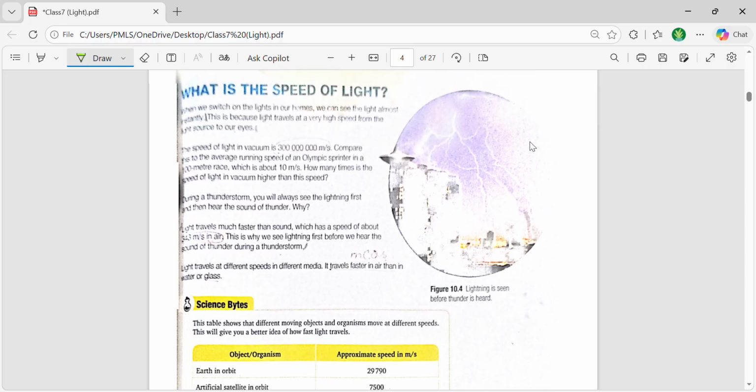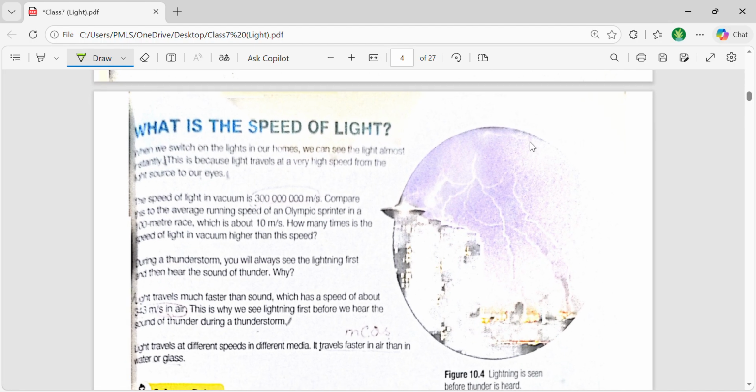Then let's talk about the speed of light now. I took this CamScanner scan of the chapter, so you can open your book in front of you if this page is not clear to you. We are already aware that the speed of light is very high. When you enter the room and switch on your light, it instantly brightens up your room. It doesn't take any delay, and that's a very simple example.